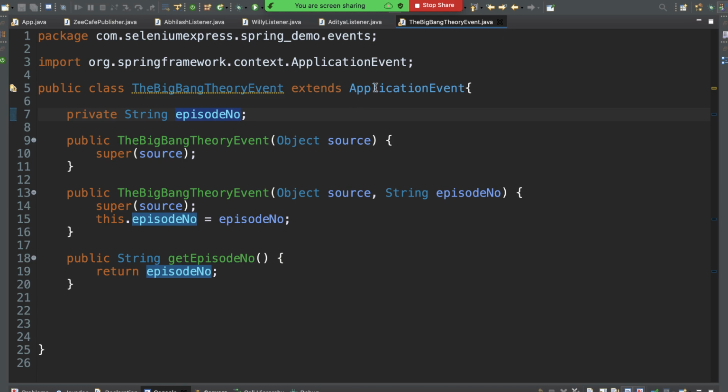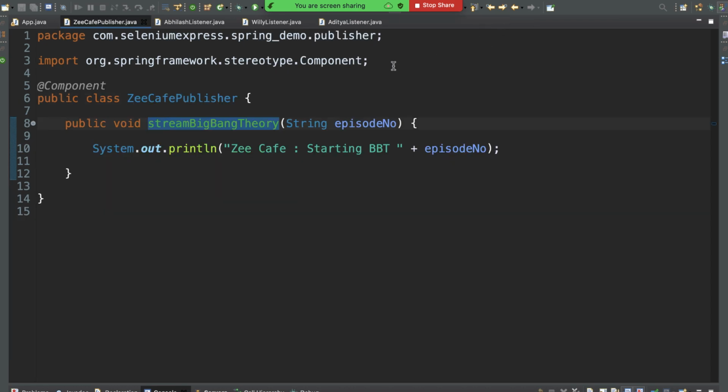And I have already created my application event or an event in Spring. So this is how we create an event in Spring. We just need to extend a class called application event, and that's it. Your class is automatically eligible for eventing. Let me close that. Okay, now I'll go to the publisher, and what I want right now this publisher to do,